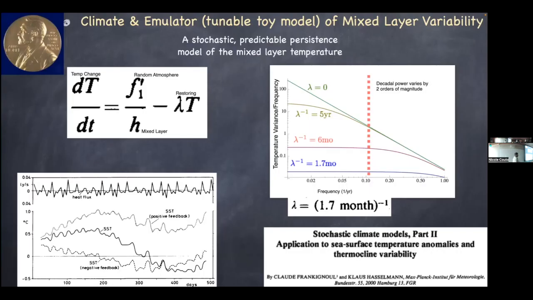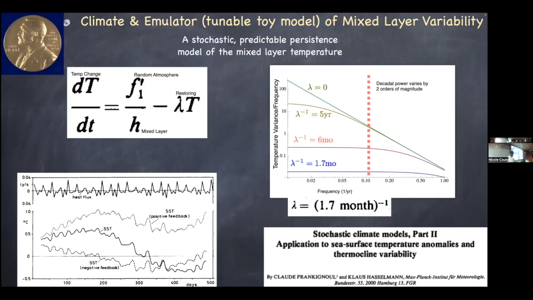So this is where the Nobel Prize for Hasselmann came from. He had maybe the first emulator. It's a very simple equation where you have random atmosphere forcing weighted by the mixed layer, some kind of restoring, some kind of temperature change. Okay, so climate change, I could change this one and this would respond, or I could put in a persistent anomaly in my atmosphere and take,